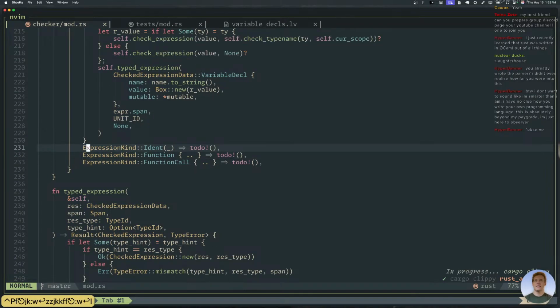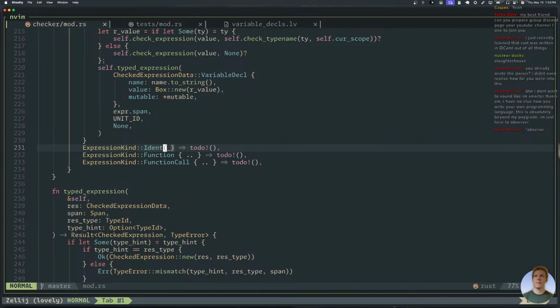So then identifiers. Okay, so we're going to need some sort of lookup ident, right? This is interesting.